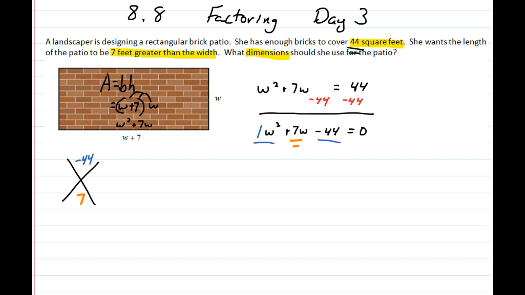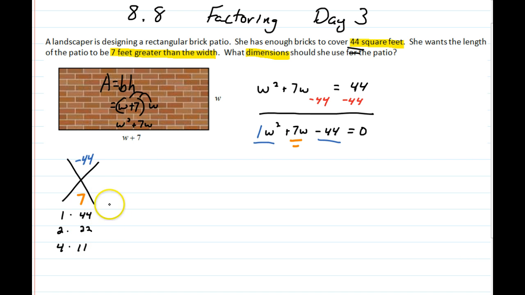So now we want to find the numbers that multiply to negative 44 but add to 7. So it's 1 times 44, 2 times 22, 3 doesn't go in, but 4 does. 4 times 11, 5 no, 6 no, 7, 8, nope, 9, 10, nope. And so the next number is 11, and I already have that there, so there's 3 sets of factors that